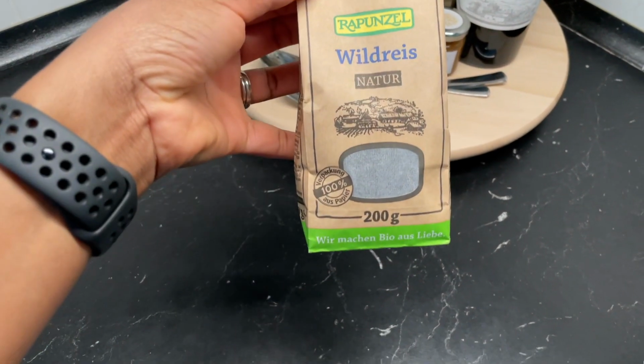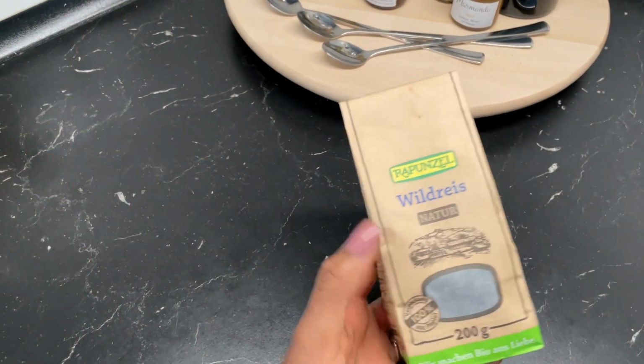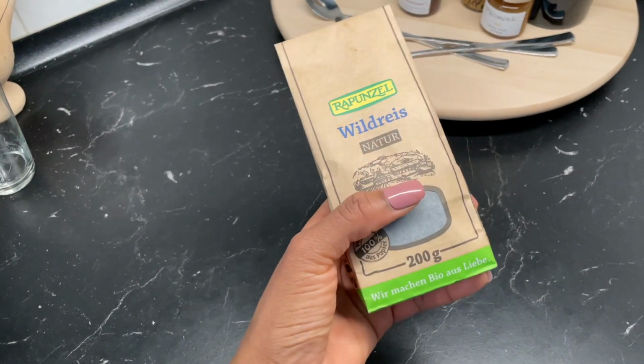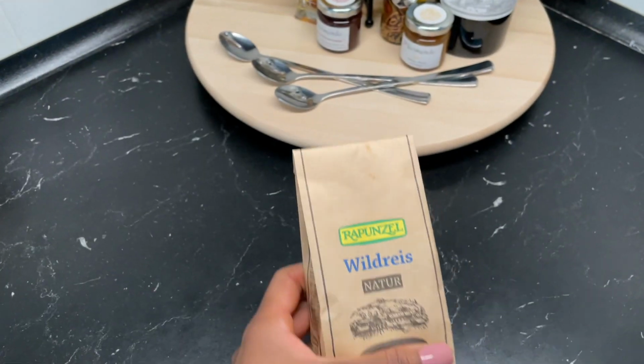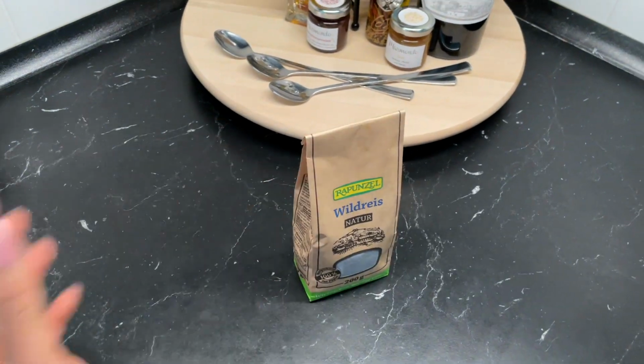Hey guys, so now I'm going to do some pruning of a plant that I wanted to do for several days. But first I want to show you guys this wild rice. I'm going to cook this today. I have never tried it. I only bought this small 200-gram pack, but I'm going to try it out today so you guys can see it as well. This is not really what I planned on cooking for dinner, but why not just try it now on camera so you guys can see it as well. I will be making some potato wedges